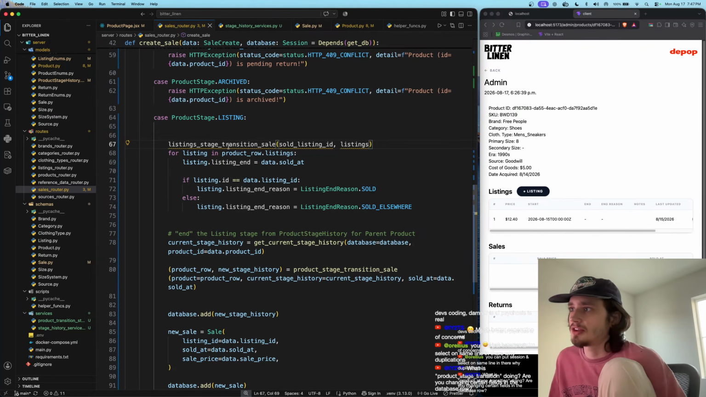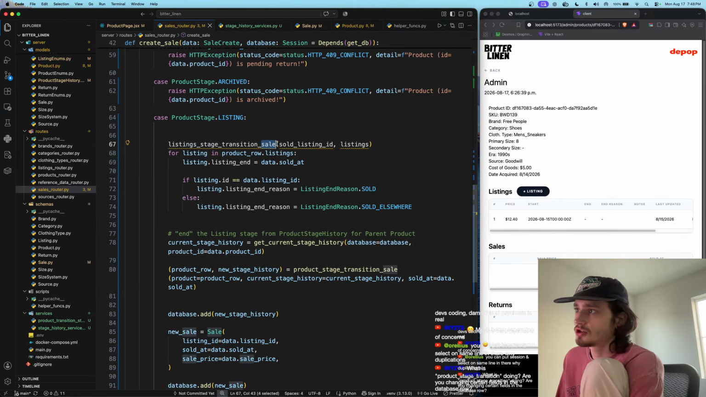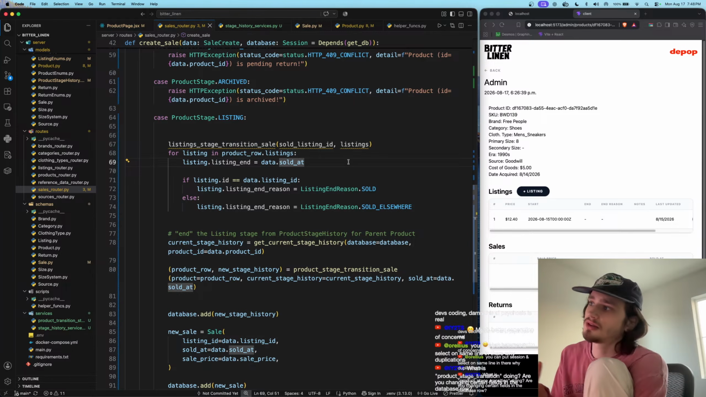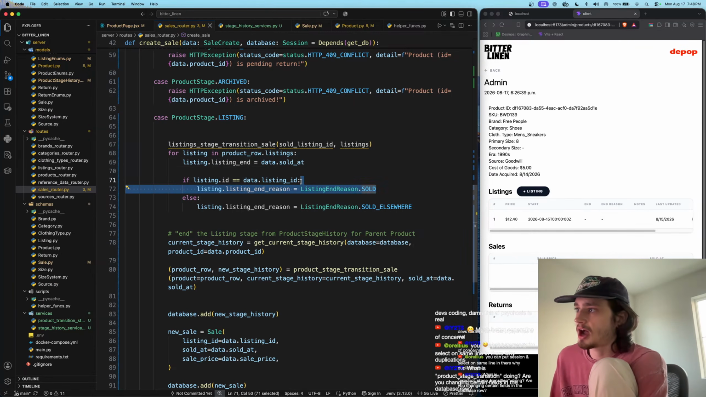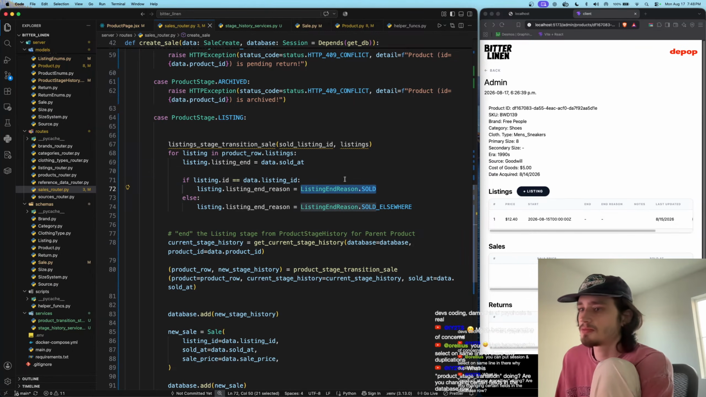Now I might make these listing stage transition and I might not make them sale. I might abstract it into a generic function and put a parameter as a match case condition for what we'll do, and then insert the objects accordingly to the match cases. But